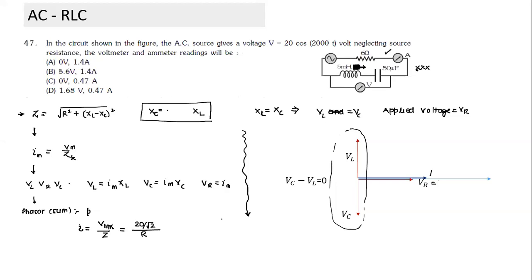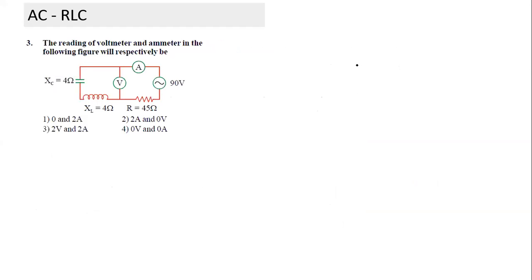Those who can solve it, please try and show me in the evening session how you solved it. In that case the VR phasor also will get split. Vignesh, what will happen in that case? Yes, sir, it can be solved, but I think it will be confusing for many people, and at this stage not necessary. First let's do the basic questions and then we'll come to that question later. Some of you can solve it, but some of you may get confused for now. So I'll skip that part and come to it again later on.